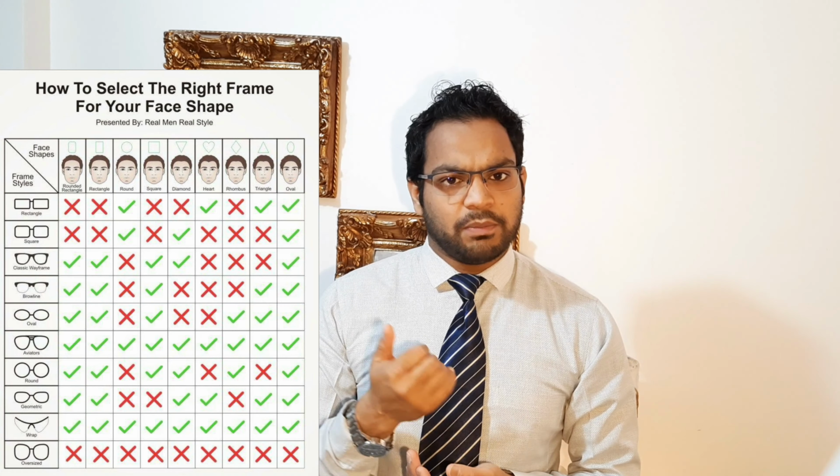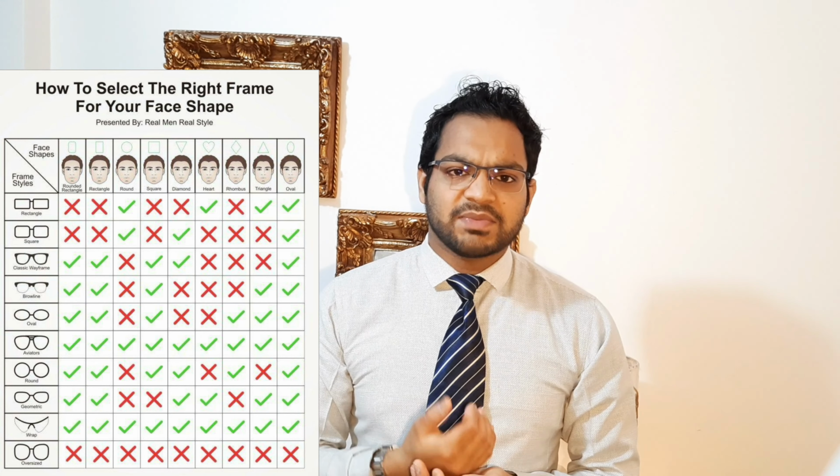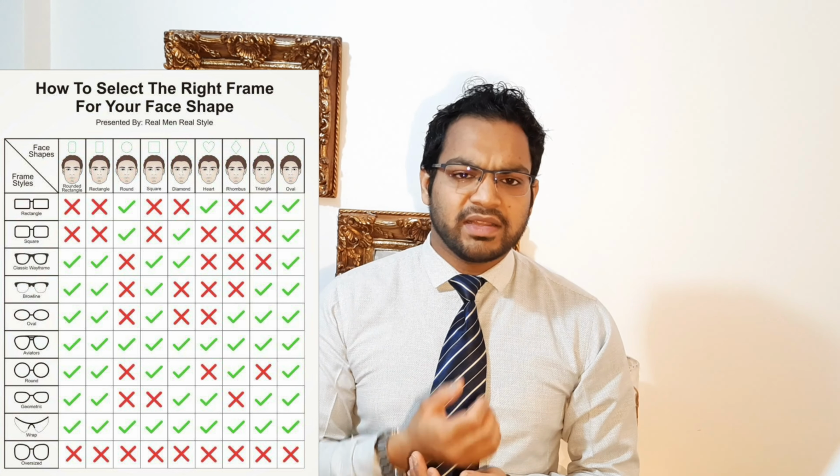The next point is frame selection. While you are going to choose the progressive lenses, the most important factor is to choose the right frame as per your face. I am going to share one image that will help you see what frame will be suitable if your face is oval, and what frame is suitable if your face is long. If you want to go for progressive lenses, you have to choose the best recommended frame, as your optometrist or optician can explain as per your face structure and nose build.